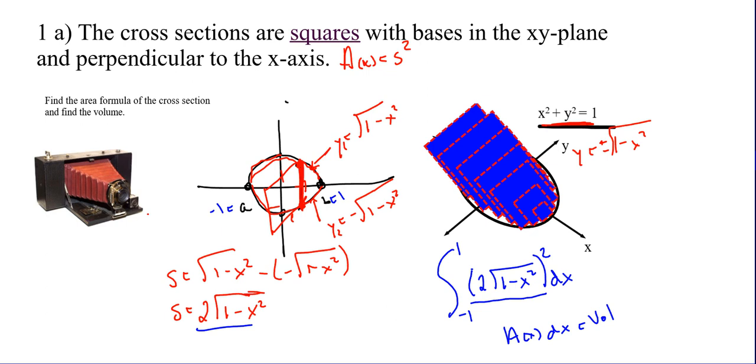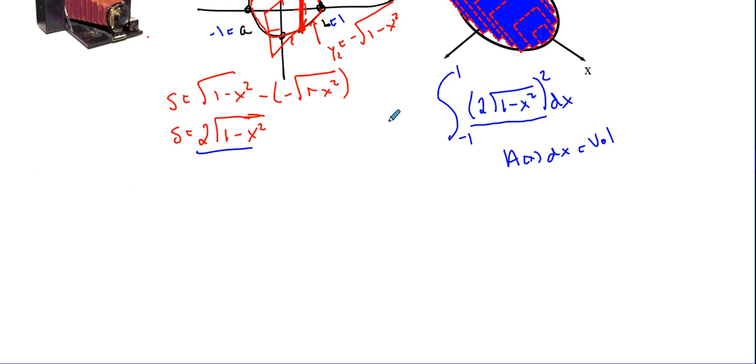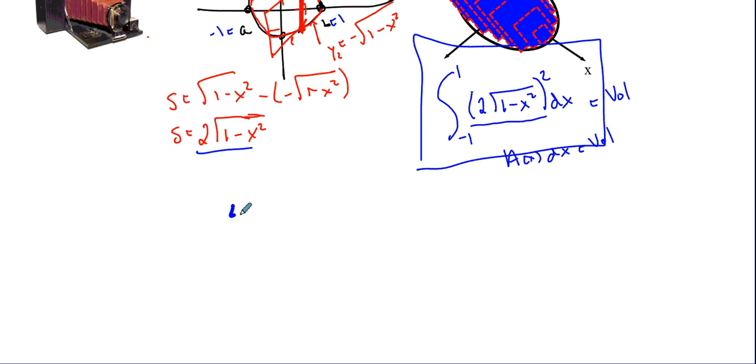All right, the volume. And so we can solve this right here. This right here gives us our volume equation. And then we just go through and solve it. And so as we go through here, we would square that. So we get a 4. I'll just put that on the outside. Make that a little bit nicer. So we got 4, and we're going to integrate from -1 to 1, because 2 squared is there. And then the square of the square root gives us 1 minus x squared